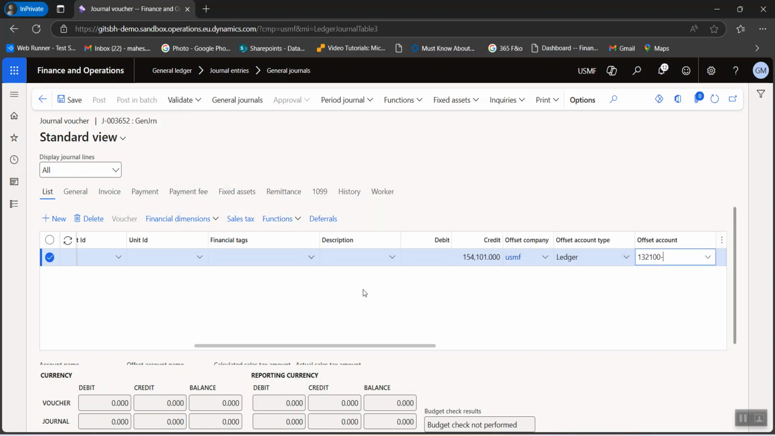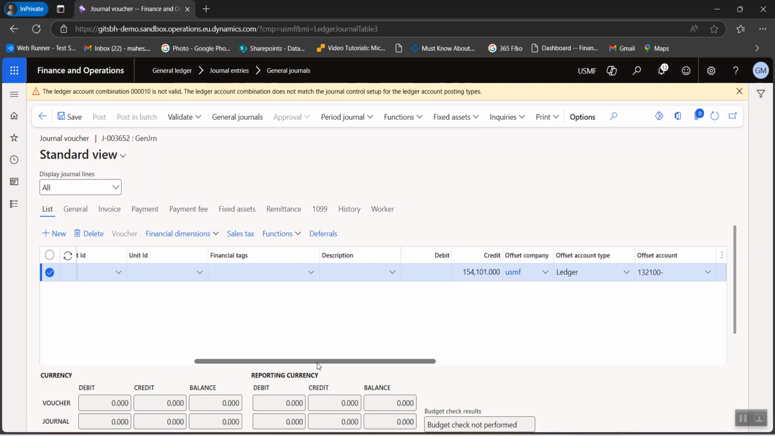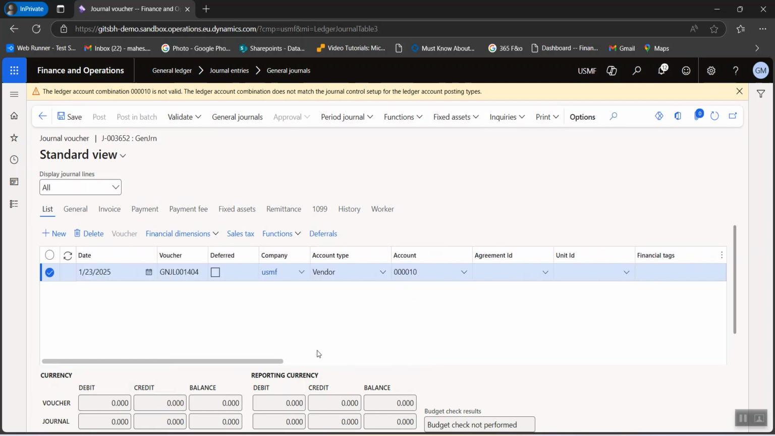In our previous scenario we used the deferral schedule. Now in this case I'm not using the deferral schedule, so I will add the deferral account manually. Here I have selected the prepaid insurance and I will click on deferral. Once I click on deferral, this vendor is having some issues. Let me select